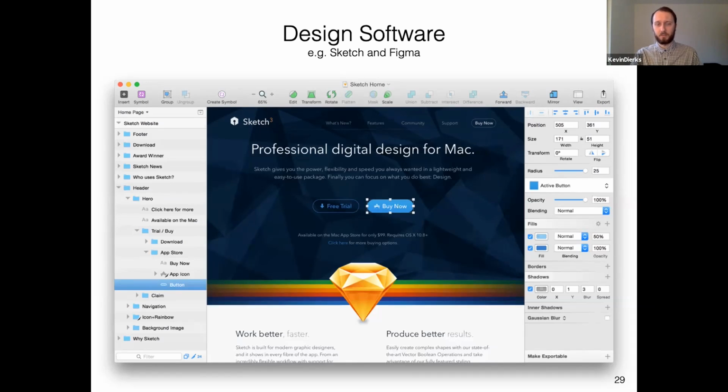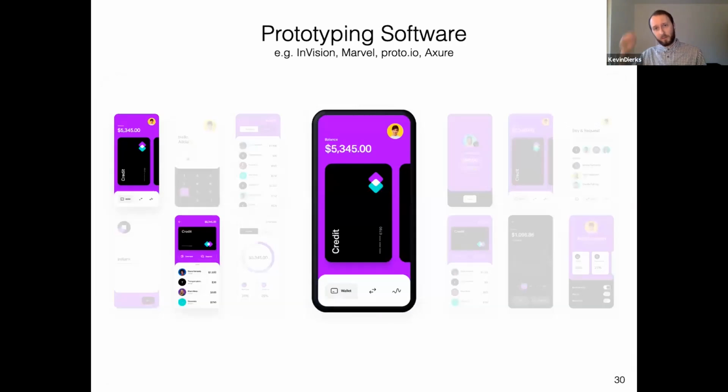But just as an example, once you have your sophisticated designs, you can use prototyping software. The way it works is you can use your designs and mark so-called hotspots. So you can create a section on your design that is clickable, and when you click it, you can link it to another design. By that, you make it possible for users to click through your mobile app. And it doesn't have to be every scenario. It just needs to be one common flow that the user can perform.